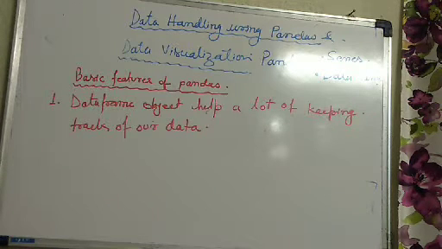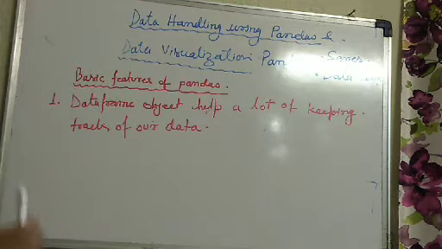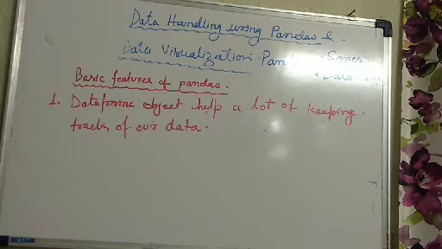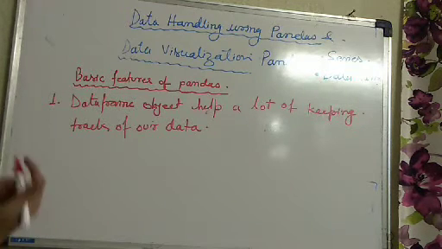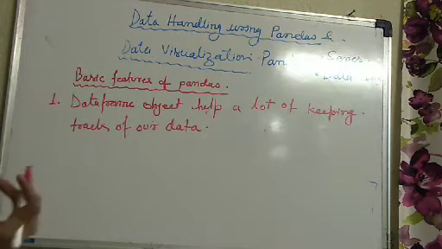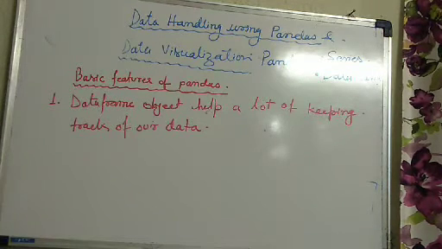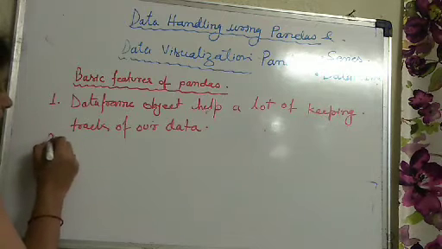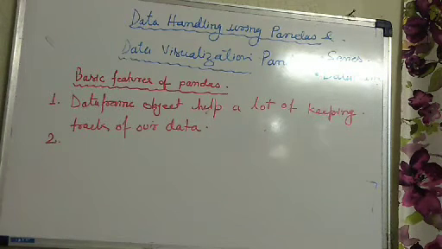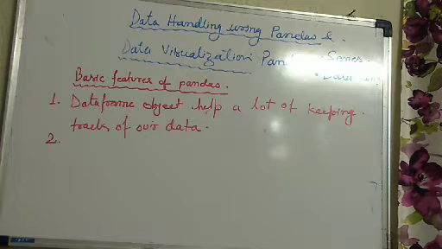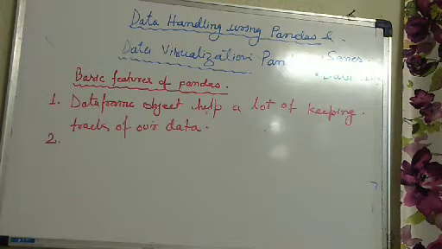You can store various forms of data in a data frame. As you have seen in the previous topic NumPy that I taught you, there you are able to store homogeneous data, right? But a data frame stores heterogeneous data in it. Okay, so with a pandas data frame we can have different data types all in one place.